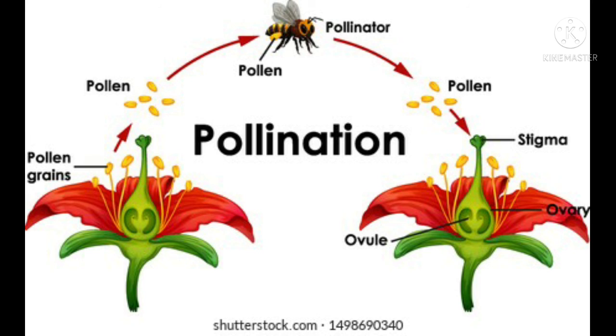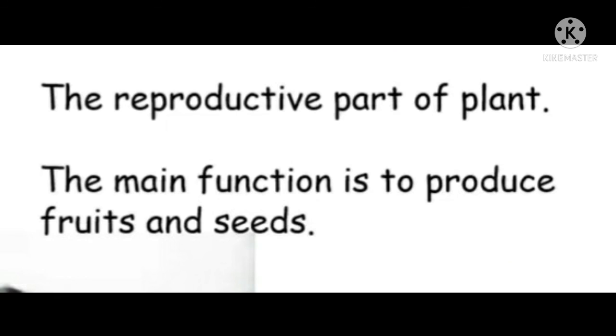It means the part that we eat after the flower, the fruit that we are eating, is nothing but an ovary. When we eat fruits, we see the seeds inside it. So what are these seeds? These seeds are the ovules that are present in the ovary and which are changed into seeds after the fusion of pollen grains with the ovules. That's why we can say that the flower is the reproductive part of the plant, and the main function of the flower is to produce fruits and seeds, which are responsible to bring about the new generation.